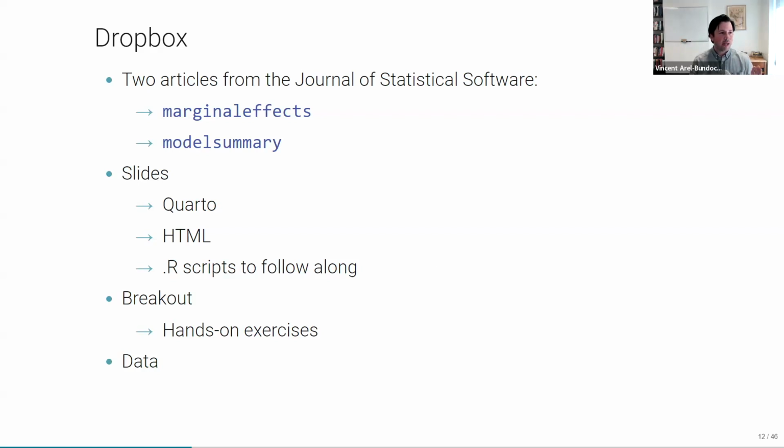Does everyone have access to this? Can you see the Dropbox? You're good? Yes. Good. Great. If you don't see it, then